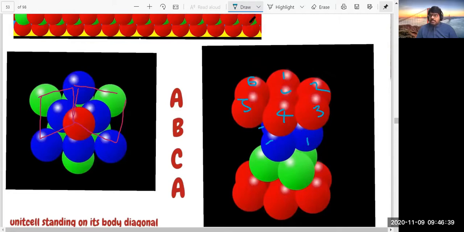And above this, one more layer of the green type of particles will be present here. Here we have 6 completed in the same layer, 3 completed from the next layer, and here also, if you take, 3 particles will be present, and all together. So what happened here?